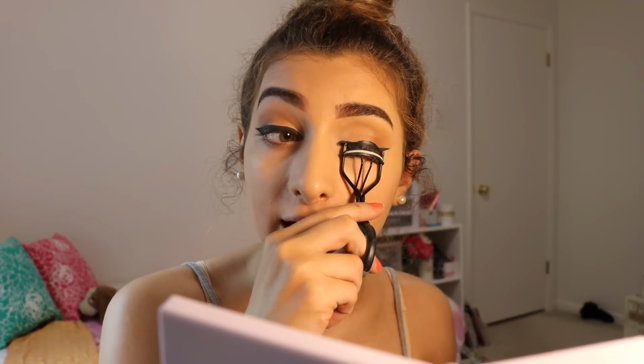Okay, so I just finished my eyeliner and now I'm going to, wait, I'm gonna curl my lashes now. And I got this lash curler at Target when I was in like 8th grade. So any lash curler works. So if I'm doing my makeup for a normal day, I normally don't put on lashes. I will just curl my eyelashes. And then I go in with the Maybelline Rocket Volume Express mascara in, I don't know what, it's black. It's black mascara, but since I'm doing the makeup that I normally wear in videos, I will put lashes on,